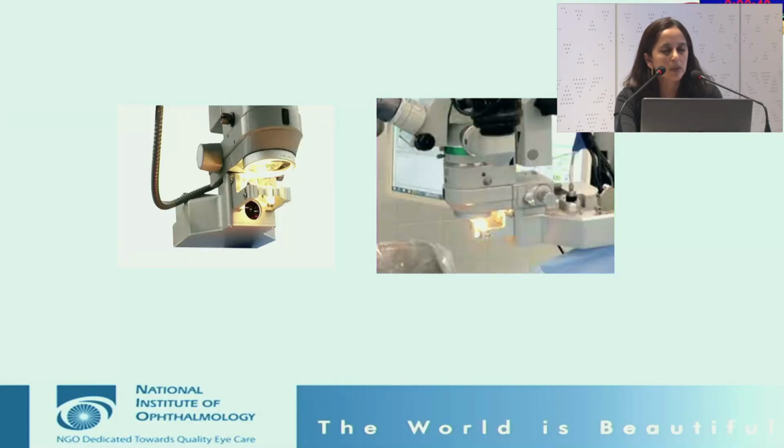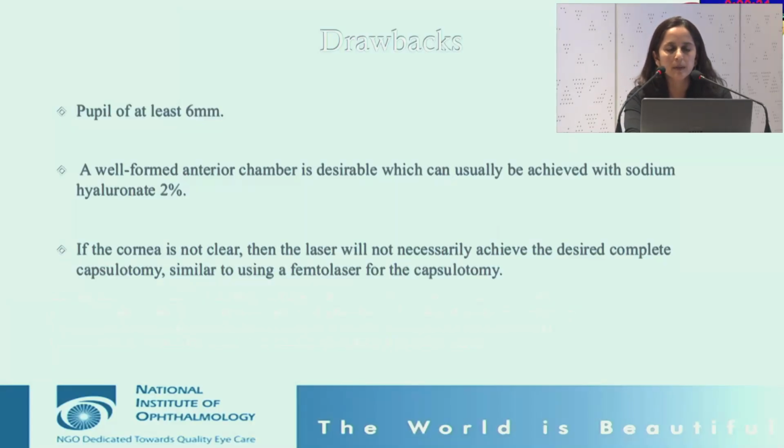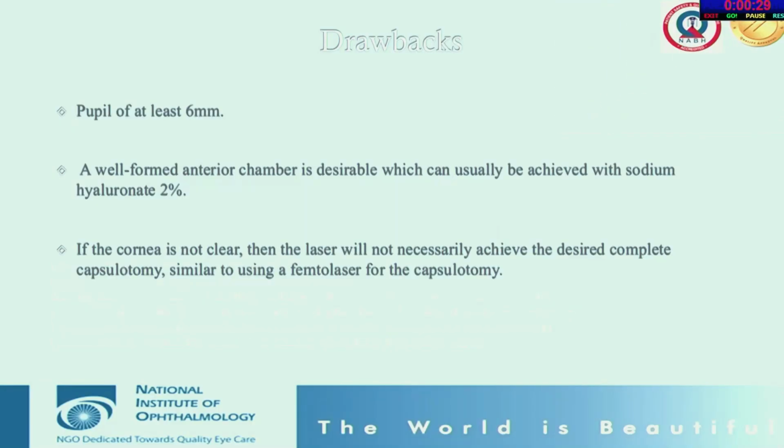So this is how the unit looks like, and you can attach it to a microscope. And this is how the rolled over edge looks like, when it's converted into an amorphous collagen. Drawbacks, just to name, it requires a well dilated pupil. The anterior chamber also should be well formed, and it can be achieved by sodium hyaluronate. If the cornea is not clear, then the laser will not necessarily achieve the desired complete capsulotomy,